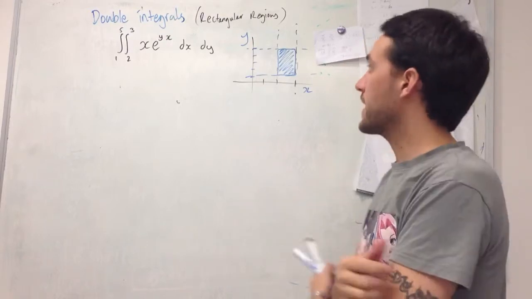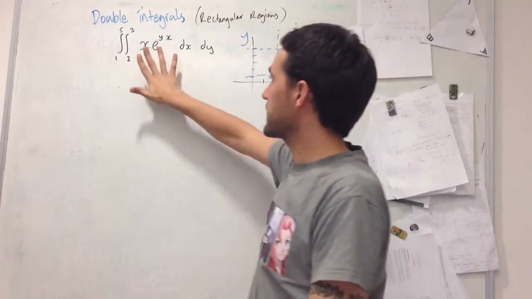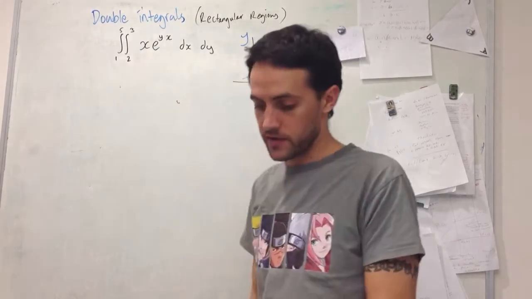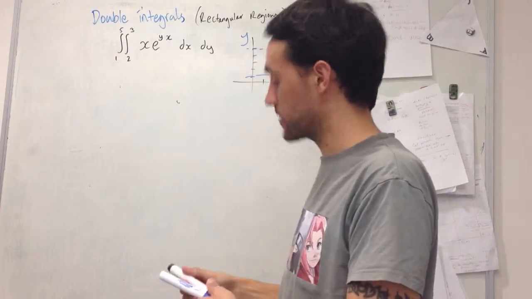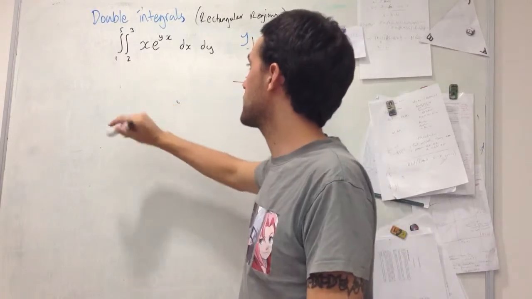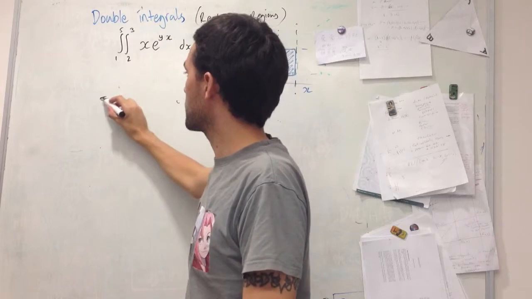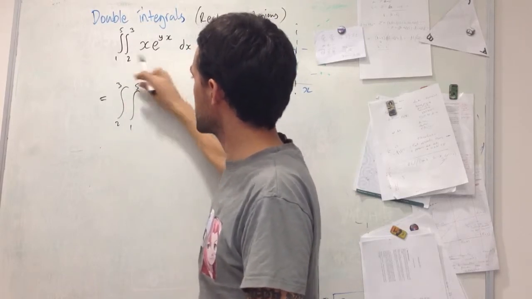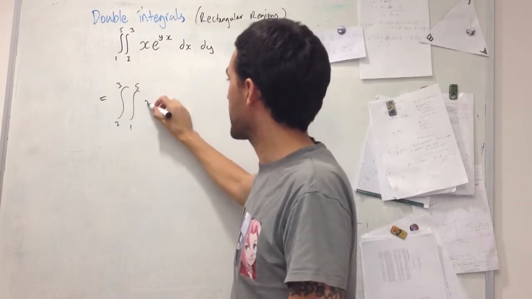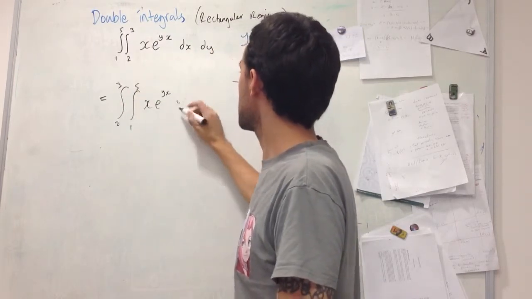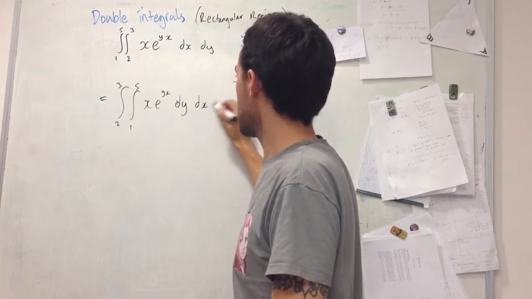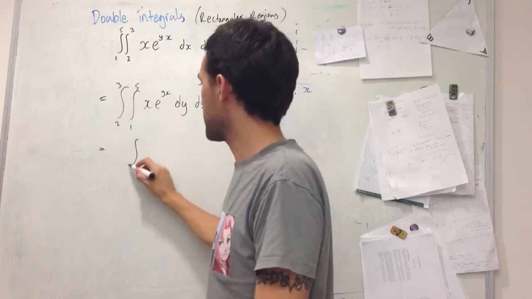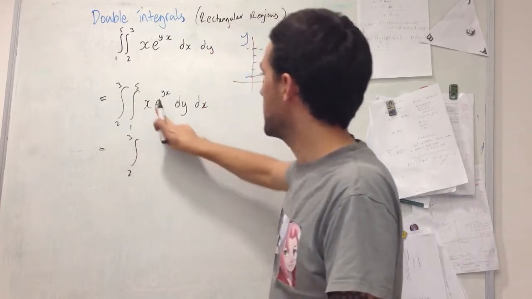But probably what's easier here is if I change the order of integration and integrate with respect to y first. Because we'll see what happens if I integrate with respect to y first. I just need to be careful of my terminals. So this will give me here, instead, x on the outside, y on the inside, so these swap around, and I get x e to the yx dy dx, which now gives me, leave the x terminals on the outside,